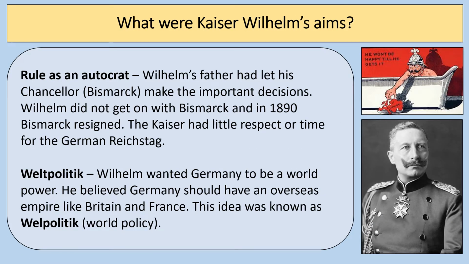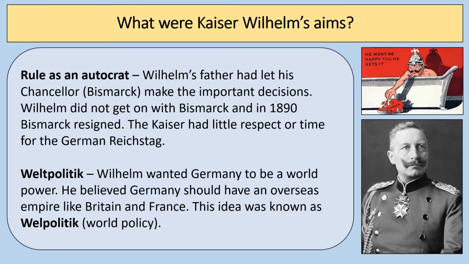So Kaiser Wilhelm, when he became the leader of Germany, he basically had two key aims. The first one is to rule as an autocrat. We've talked about Bismarck and about how his father had let Bismarck make the important decisions. Wilhelm didn't get on with Bismarck and basically forced him to resign. The Kaiser didn't have much respect for the German Reichstag. He very much believed in the divine right of kings, that a king should be able to make whatever decisions